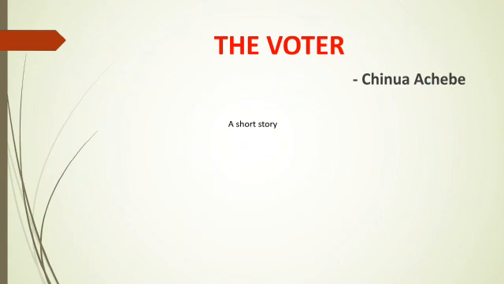among the people who read literature, who became very famous after he published Things Fall Apart, his debut novel, and is also known for his novels Arrow of God, No Longer at Ease, Anthills of the Savannah, Girls at War, etc. The Voter is a short story written by Chinua Achebe, which is set in an African context and